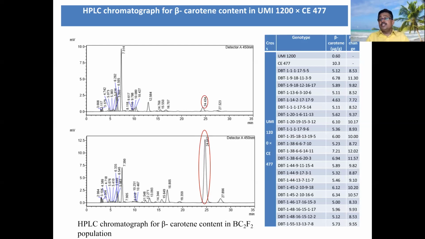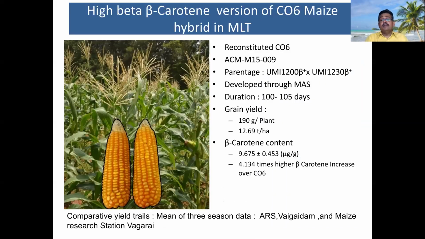Every HPLC estimation costs more than 5,000 rupees per sample. The cost is very high because of involving HPLC and acetone, acetonitrile, ethanol, and also the costly HPLC solvent. Because of that, the estimation is very costly. So when you finally isolate a line using the markers and your phenotype, you check it using the HPLC method. This is what happens when you work on a nutritional program.